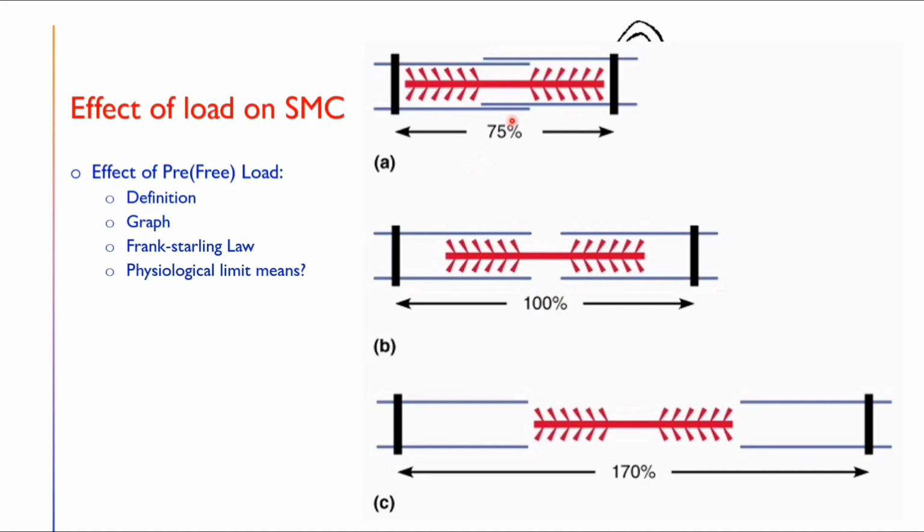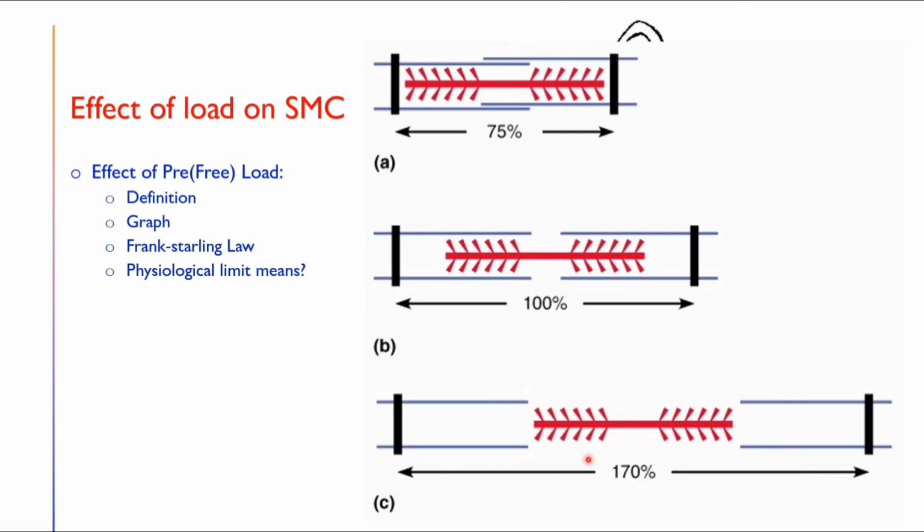If you remember how the muscle is contracting, these are the myosin and the blue ones are the actin. Whenever the muscle is 75% stretched, you can see the actin molecules are overlapping each other and the cross bridge formation is very less. So here the muscle performance will be less. But at 100% muscle stretching, what is happening? There is an optimum number of cross bridge formations. So the number of myosin against actin is maximum in this. So there will be maximum force of contraction.